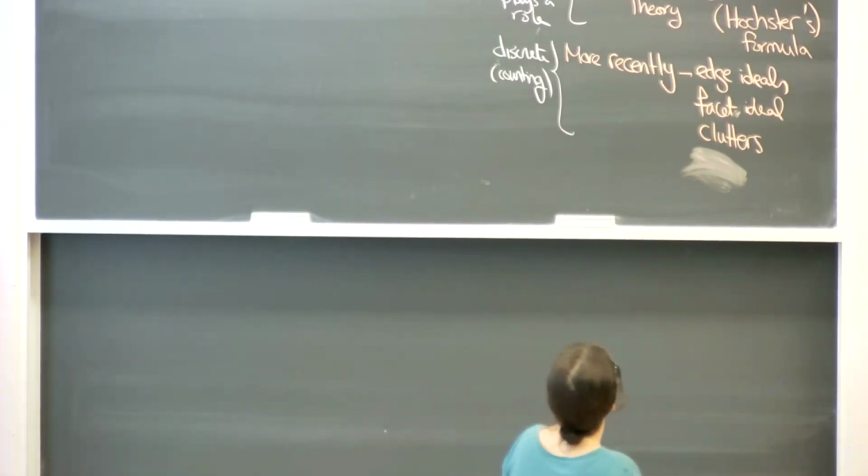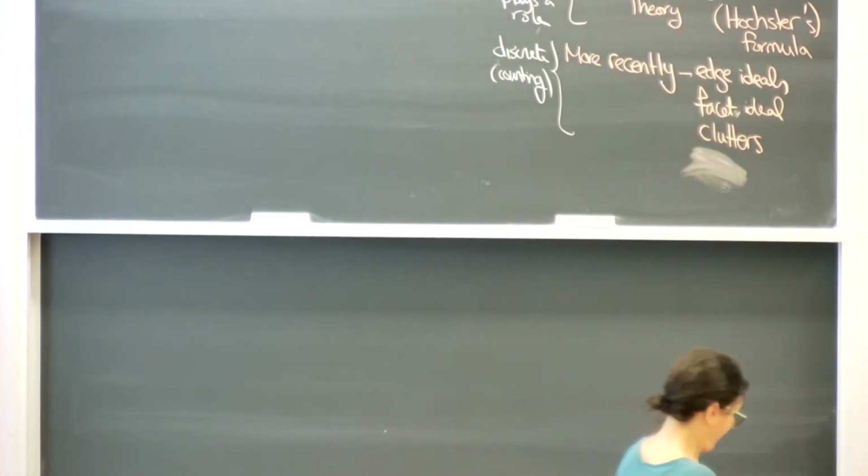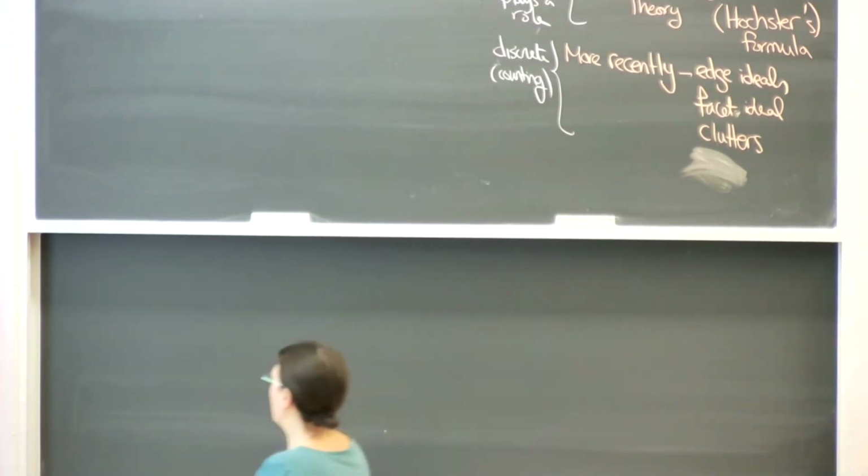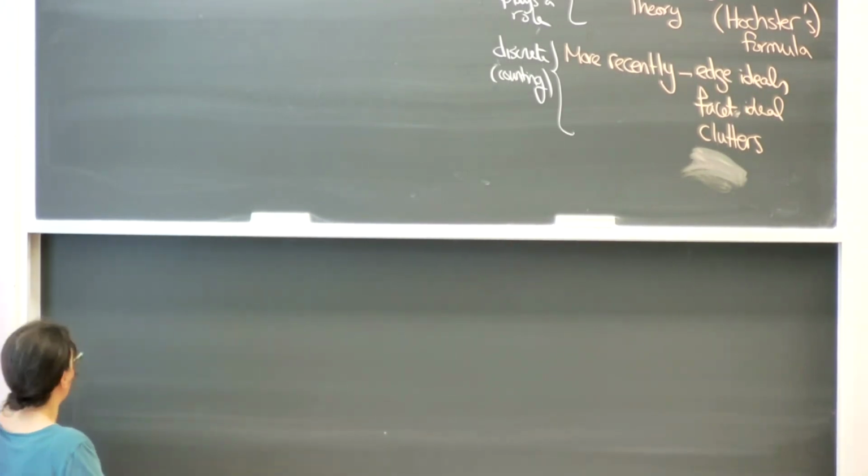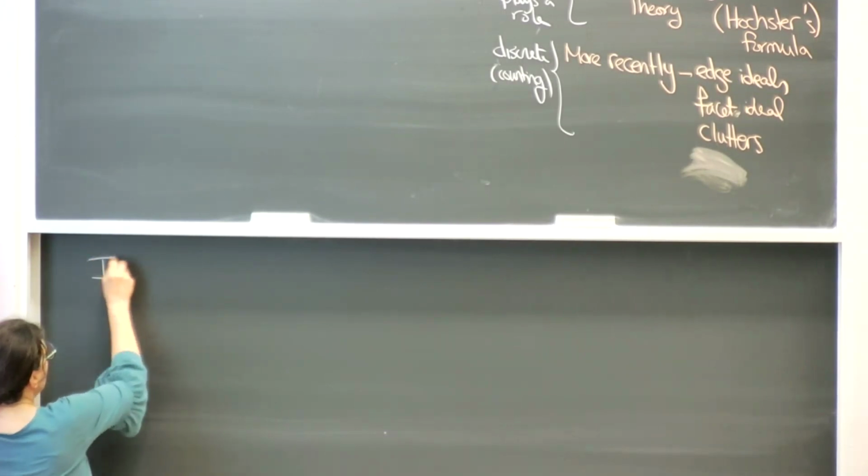so first of all, what is the Stanley-Reisner ideal and the facet ideal? So I am going to try to be tidy with the boards, but I don't know if I can. So if I is a monomial ideal,